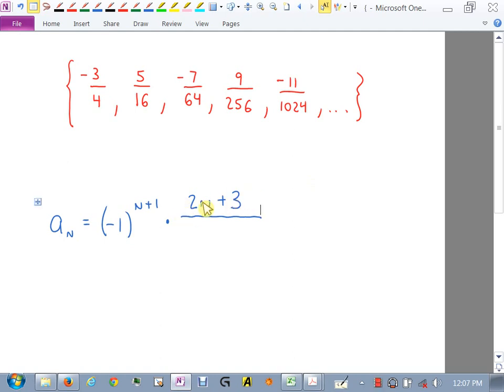That takes care of my numerators, right? How about the denominators? 4 to the n? Almost. This one's tricky. It's almost 4 to the n. The problem is this. When you plug in 0, what are you going to get that first time through? You get 1. You don't want it to be 1. You want it to be 4. This is 4 to the first power. This is 4 squared. This is 4 cubed. This is 4 to the 4th.